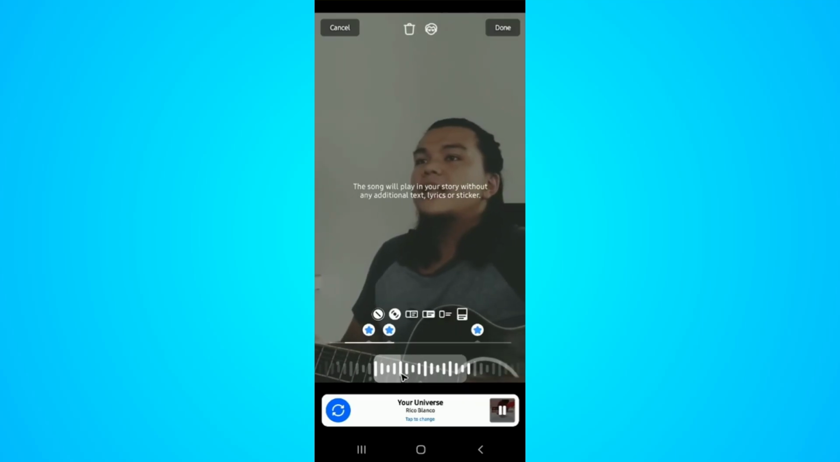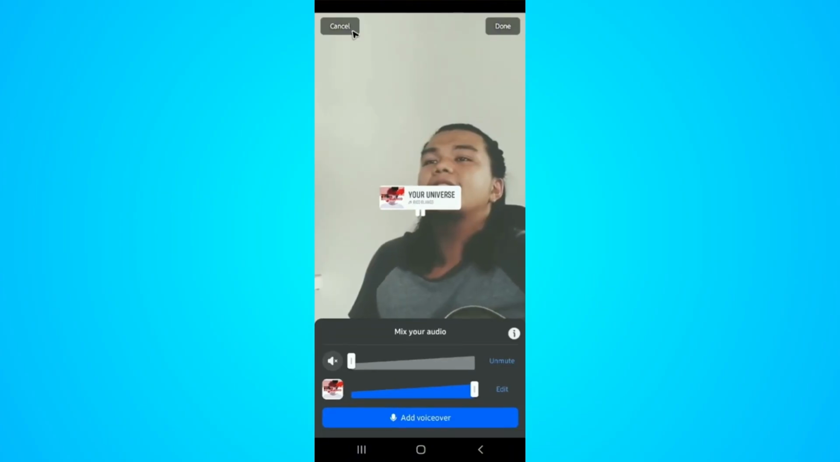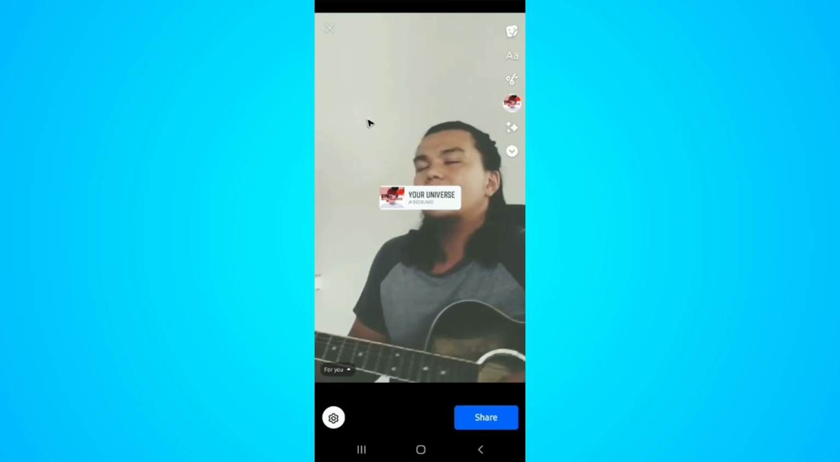the bar right here plays slower because the music is actually longer. But that's basically it. Again, on photos, you won't be able to adjust the